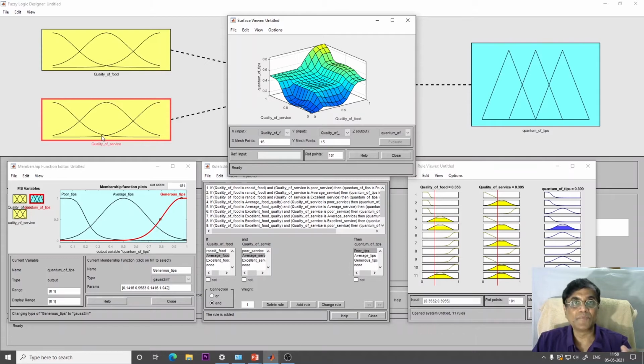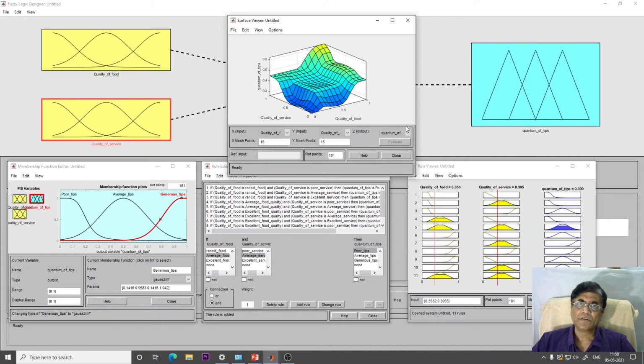So, and you can more realistically design the tipping problem. So this is how a fuzzy inference system can be designed for predicting something, predicting here about tips. And in real life, there could be